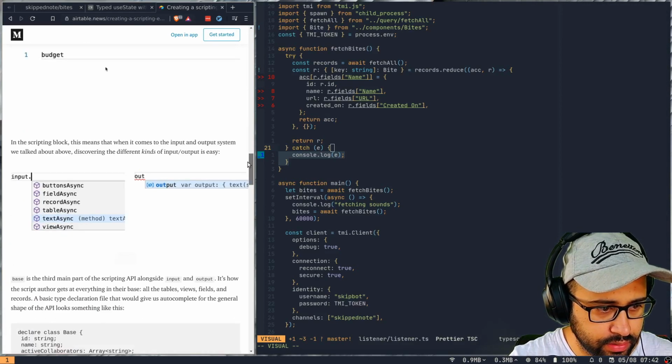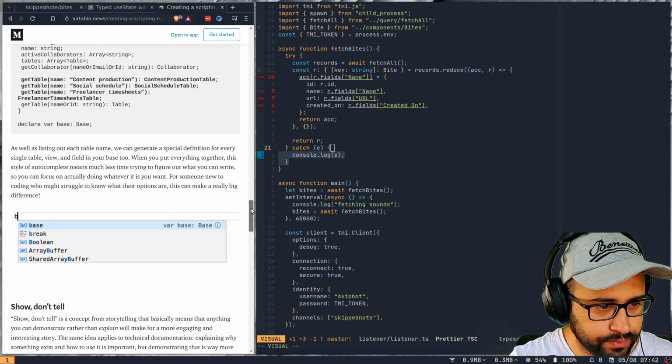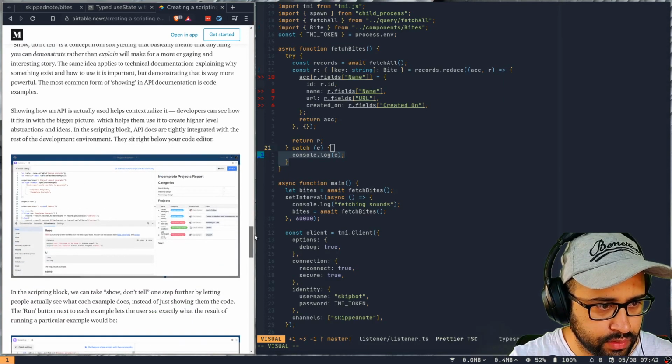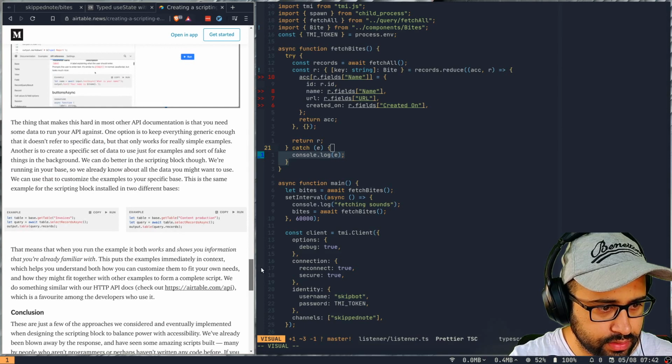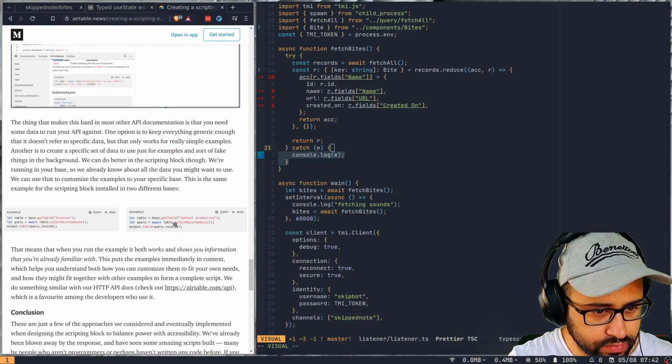How do I access, if I have a query, how do I access fields on them?